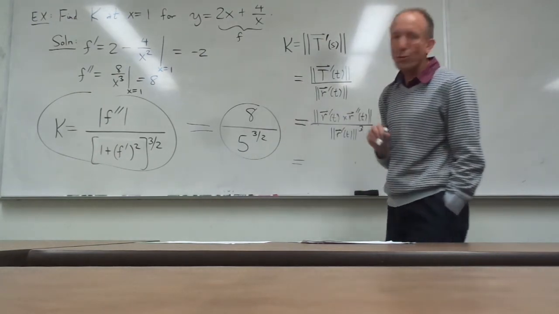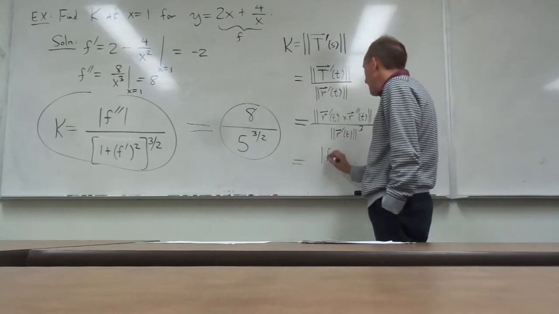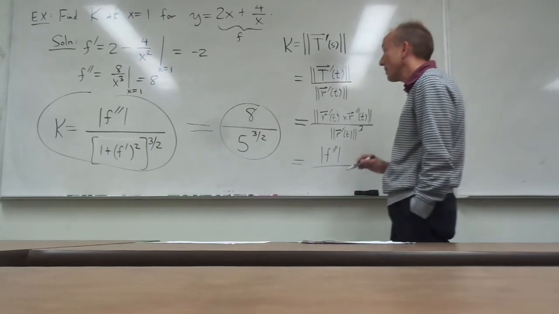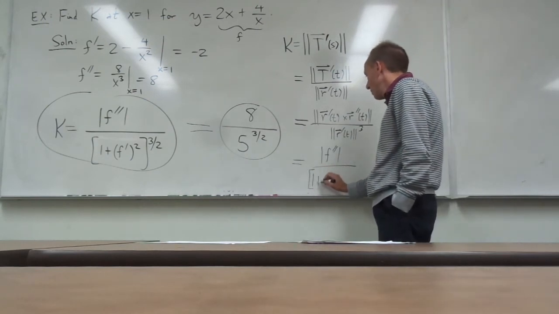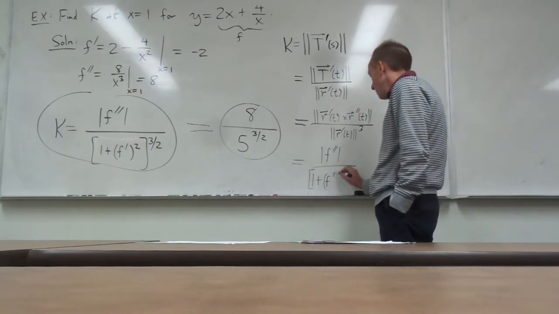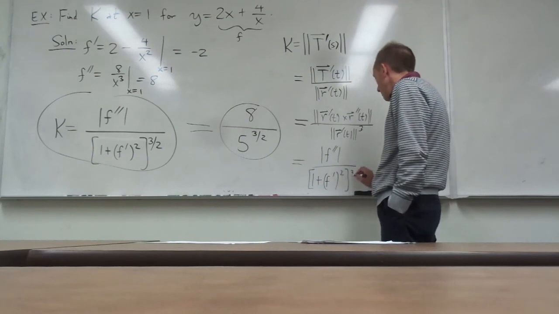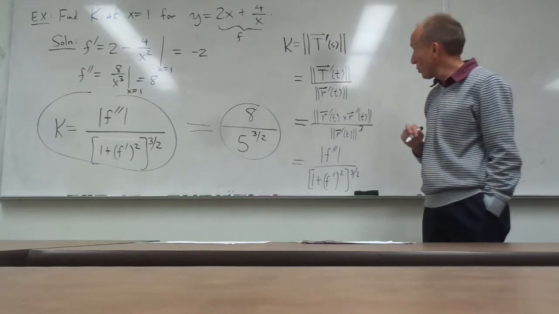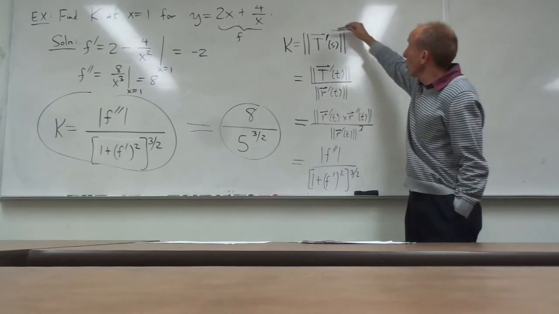Or in the case when we actually have a function in the xy plane, it's just the absolute value of the second derivative of the function divided by 1 plus the first derivative squared, all to the 3/2 power. A bunch of different formulas to use. This one is great if your position vector